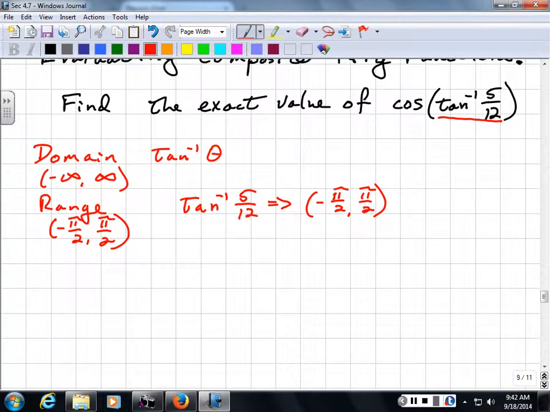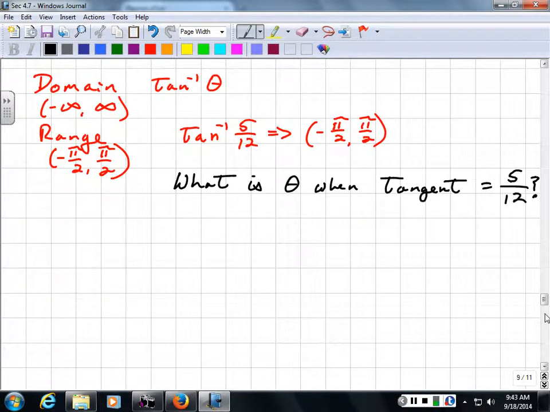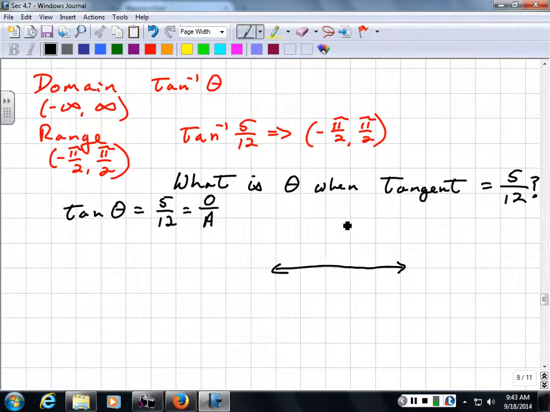Now, let's think about this. What is theta when the tangent equals 5 over 12? That's a question that we need to be thinking about. If I've got tangent theta equal to 5 over 12, I know that this is going to be the opposite over the adjacent, right, in right triangle trigonometry. And if I go ahead and throw down an xy coordinate system,